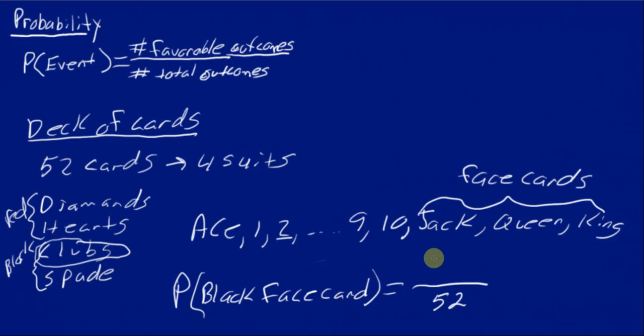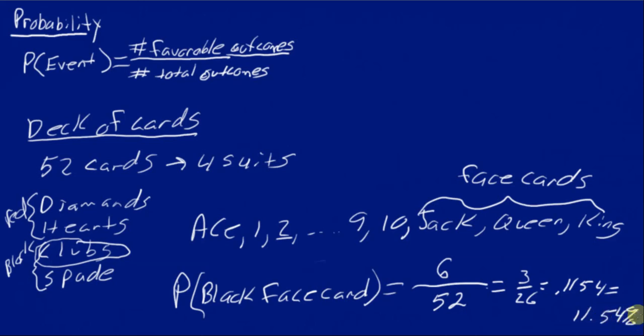Now how many black face cards are there? Well, we know that there are 3 face cards per suit. And again, the black suits, there are 2 of them, the clubs and the spades. So it's just going to be 3 times 2 or 6 out of 52 black face cards. Got to reduce that. 3 out of 26, that doesn't reduce. So that would be the final answer in that form. That would be 0.1154